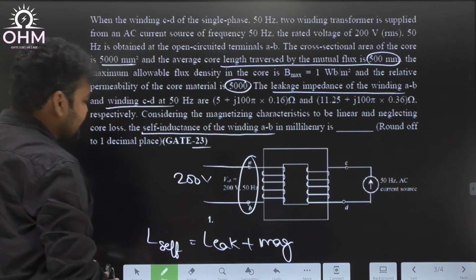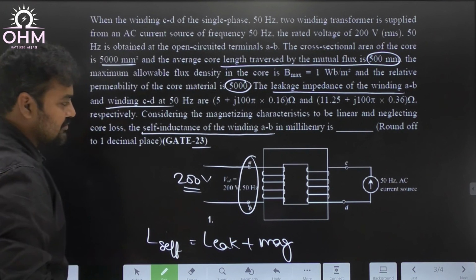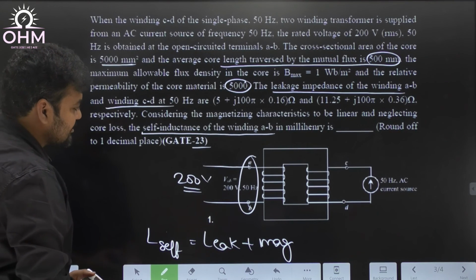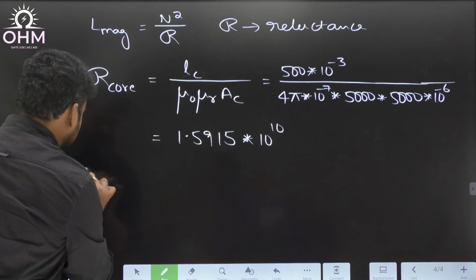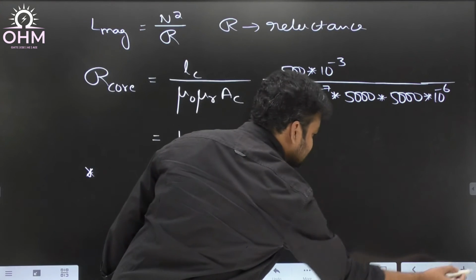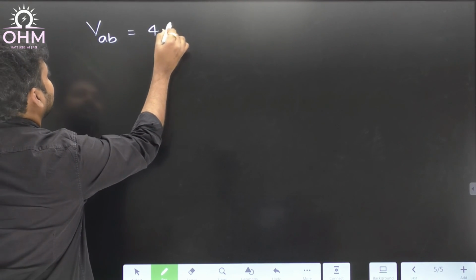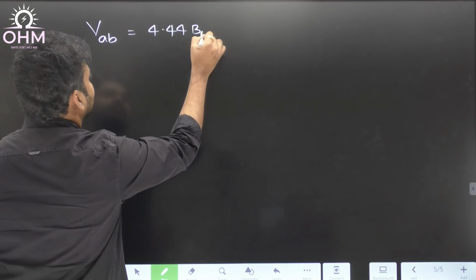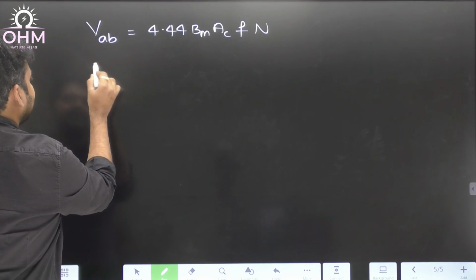So what is the voltage information given? Yes, the voltage across winding AB is 200 volt. So using this voltage information, I can find out the number of turns. What is the formula for voltage? I will do it in the next page. Voltage across winding AB is equal to 4.44 Bm cross sectional area frequency into number of turns. So voltage was 200,